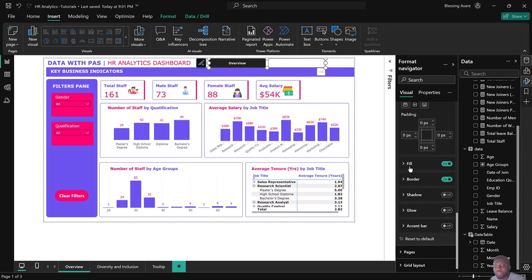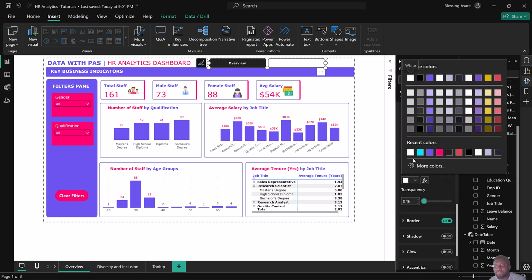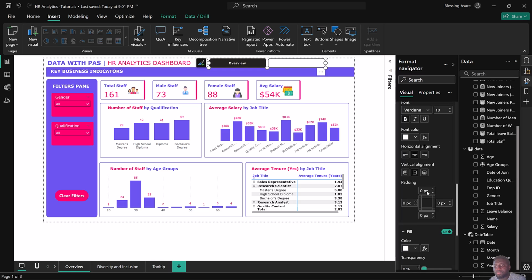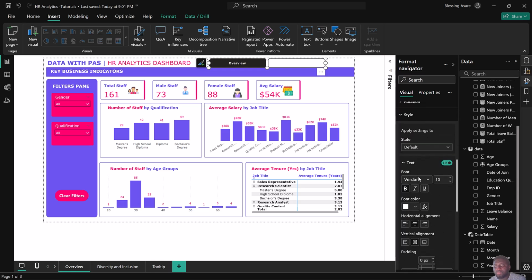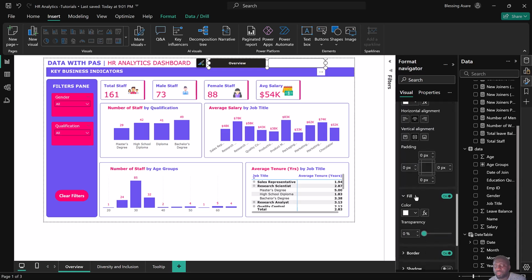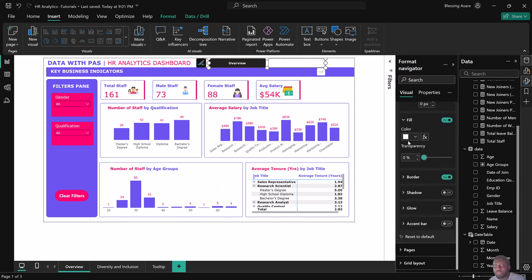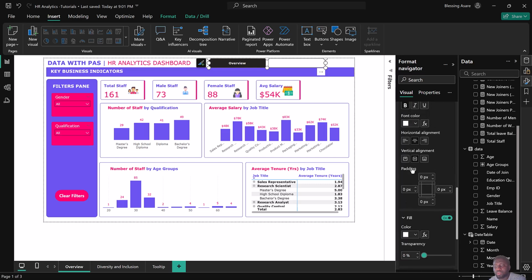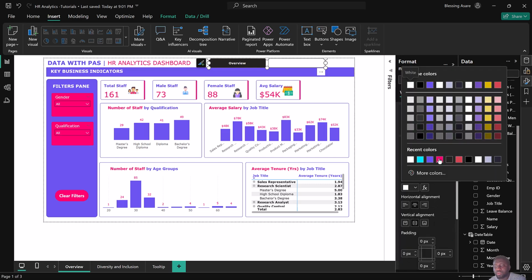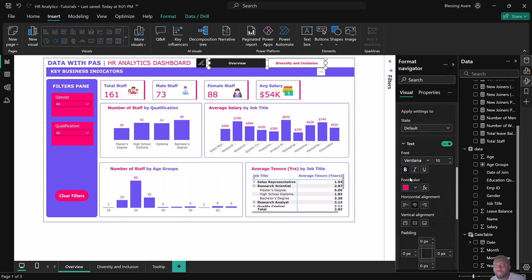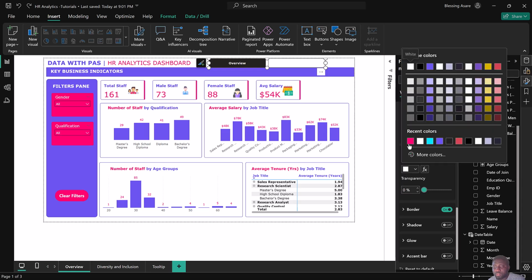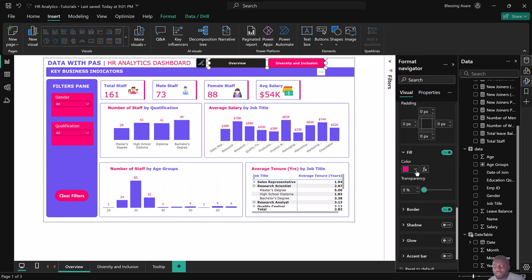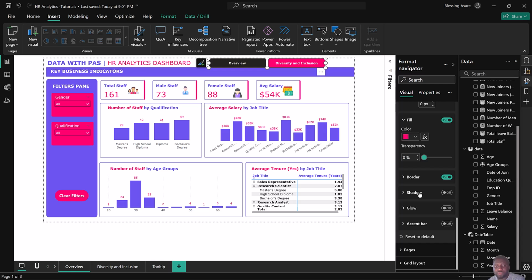The fill color rather, the fill color for default for this one should be this. So not the font. The fill color for this one should be this. Yeah. And then